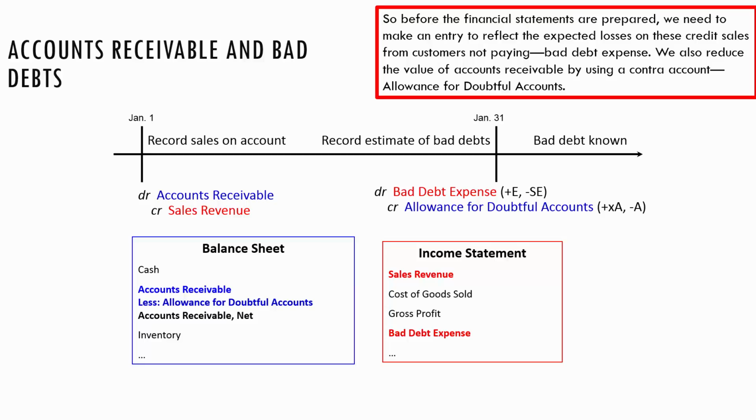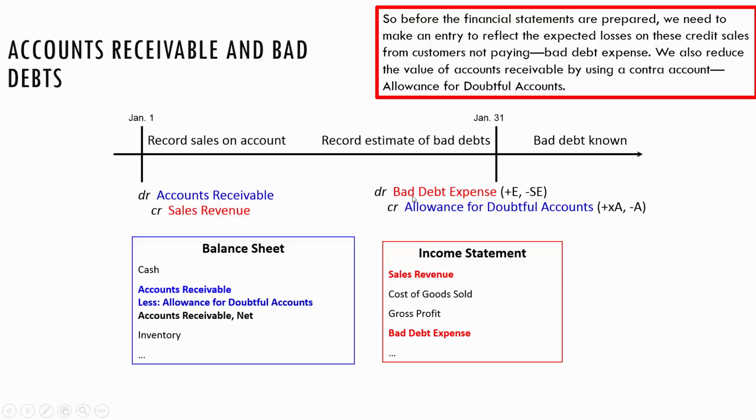And so we set up this contra account, and notice it is being credited here, and here you see it's an increase to a contra asset. Well, the asset we're talking about is accounts receivable, so it's an increase to a contra asset, which means it reduces accounts receivable. This journal entry needs to be done whenever we have credit sales before our financial statements are